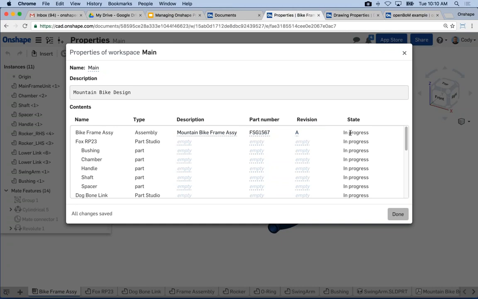Now, one question that often comes up is, well, how come I can't change the state from in progress? And this is a very important thing in Onshape. You can only change the state when creating a version. And this is very important to the workflow process where we're trying to establish who has permission to what at what times. As a CAD admin, let's say, and I'm working with maybe 8 engineers,